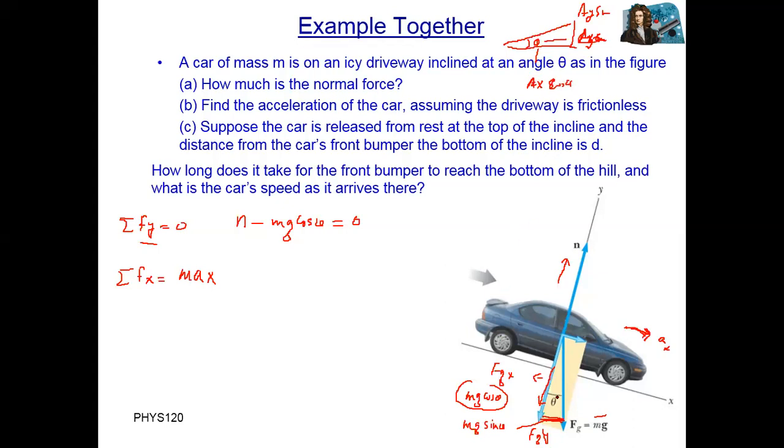So let me clarify this one here. For the angle, this vertical one is sine theta, correct? And this one is cosine. Now this component and the x component are parallel. So we will consider these two components as the x-axis and these two as the vertical axis. So N minus mg cosine theta is equal to 0. We have the sum of all forces along the x-axis equal to m a_x, but there is only one component.